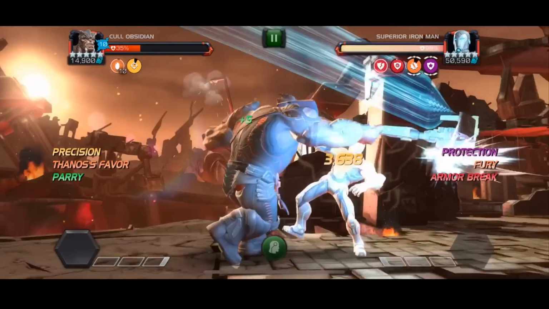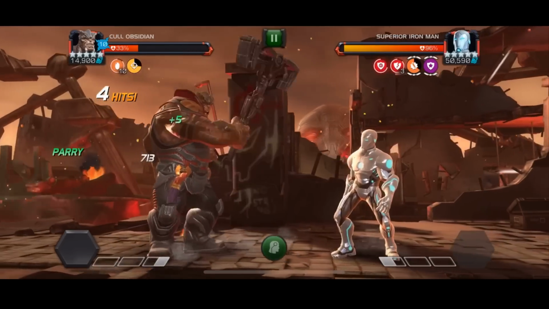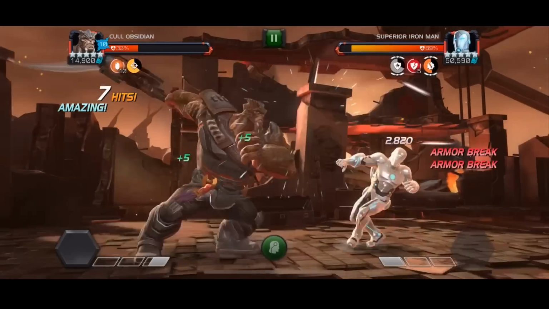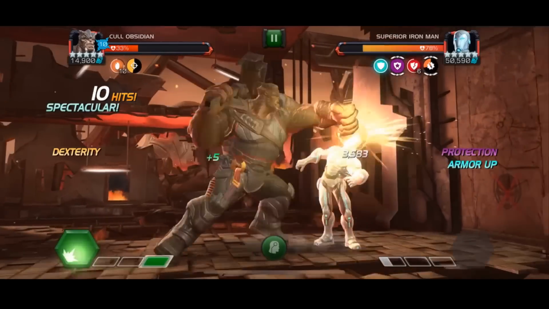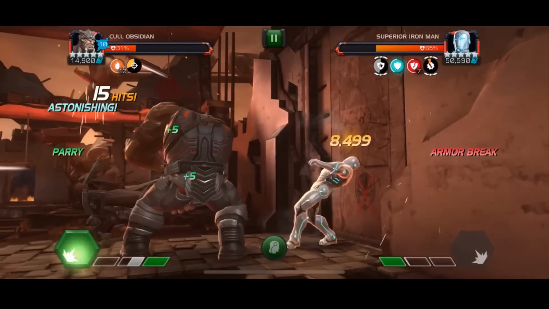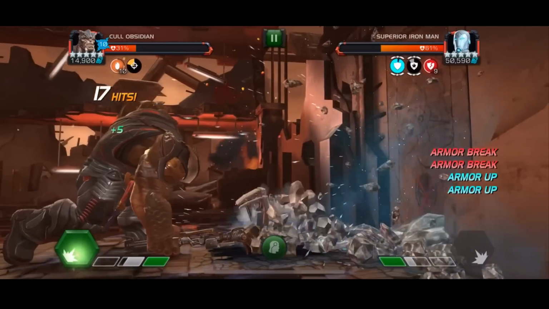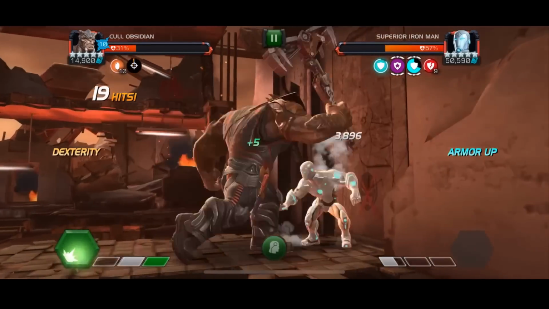And then we got the final boss, Superior Iron Man, so we just want to stack up the armor breaks and absolutely nuke this dude. This guy has, I believe, about 250,000 hit points. Very, very beefy lad as far as the hit points are concerned. You can see he's got about 50,000 power index as well, but again, this is a pretty straightforward matchup for